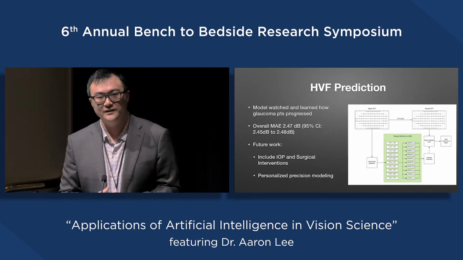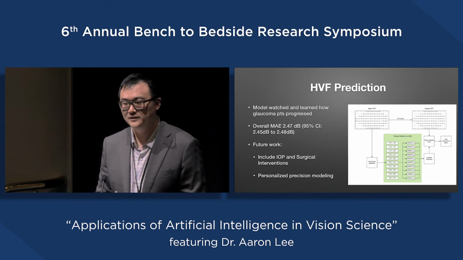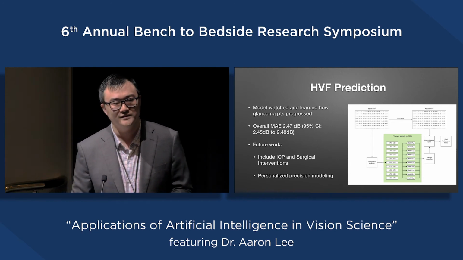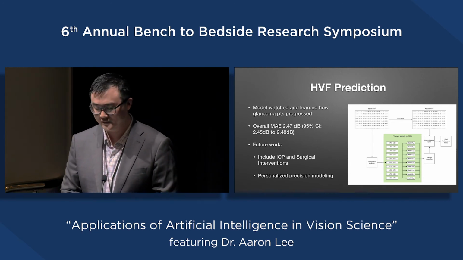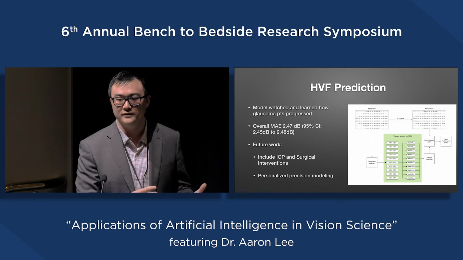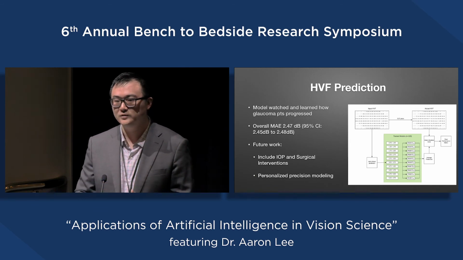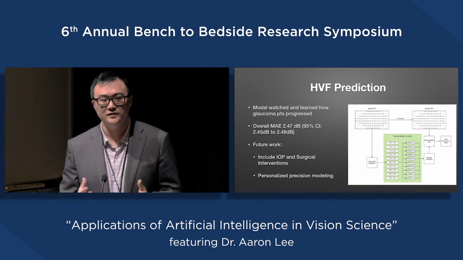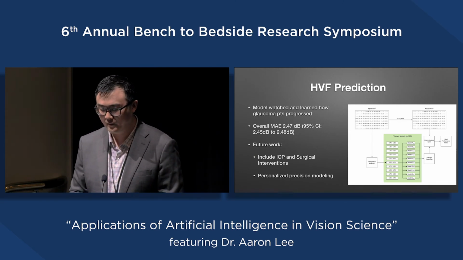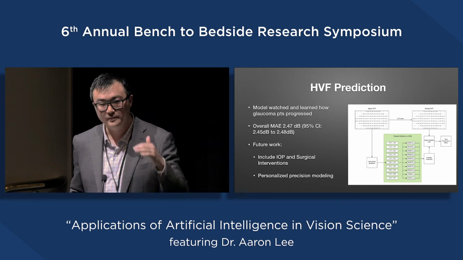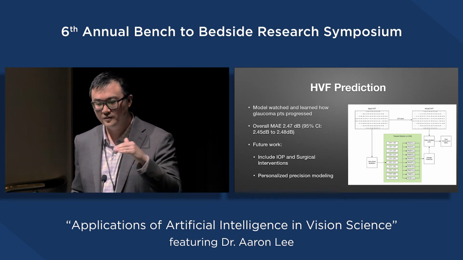And so how is this possible, right? Because a lot of glaucoma specialists probably in the room are balking at this, because they're always taught that you need 3 visual fields at baseline to understand where the patient's at, et cetera, et cetera. Well, what happened is that the model learned by watching that other 80%. It watched the progression of those patients, and it learned within the trainable parameters the patterns that predicted progression. And so we achieved an overall MAE of 2.47, and I think this is the baseline. This marks where we are